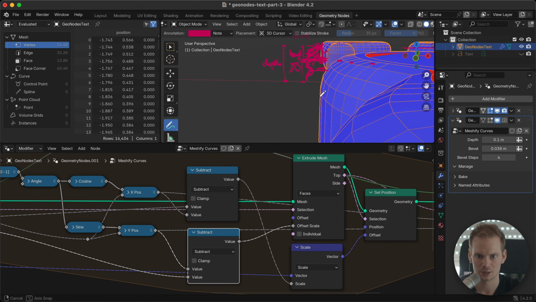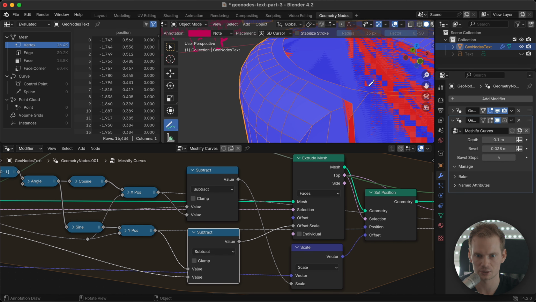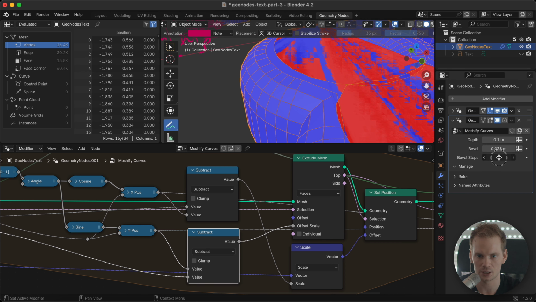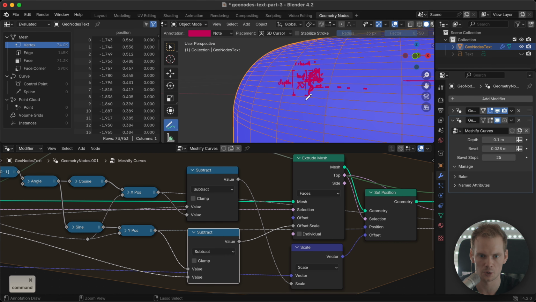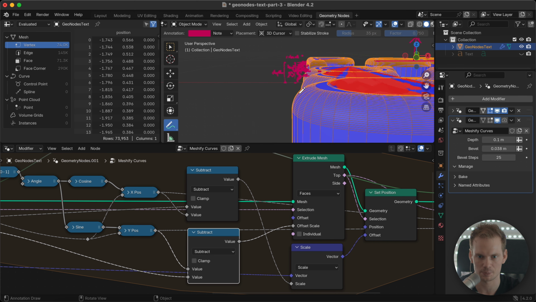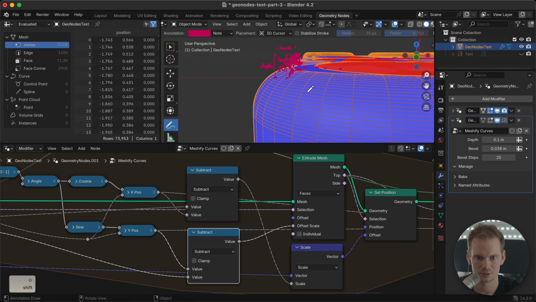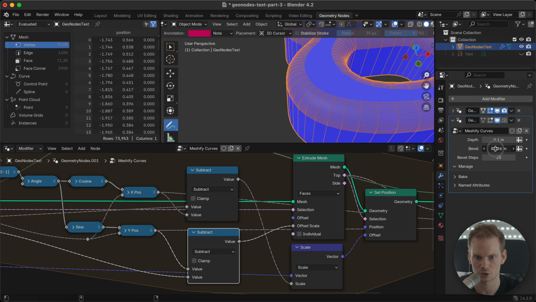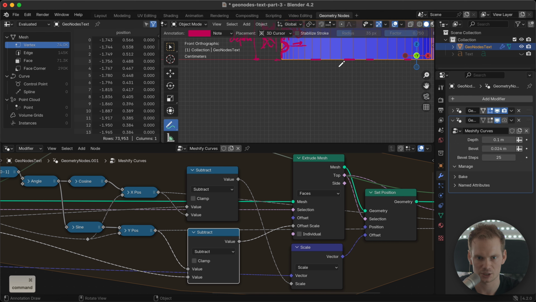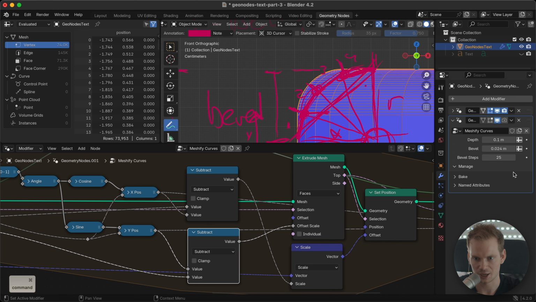And you can see the bevel is too much, so this looks like crap, but we can now increase the steps to an arbitrary amount. We get a perfectly rounded bevel calculated with real nodes, sine, cosine, and we do some real math to calculate how this is supposed to go, meaning that you could tweak this to be whatever you want. And this is working really well, and we can reduce the amount of bevel to reduce that issue there. But I just wanted to match it up with the drawing. But yeah, that's how you do it.